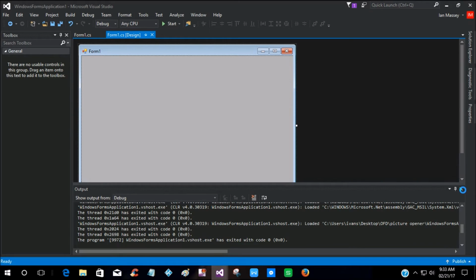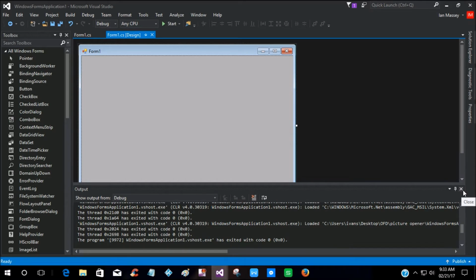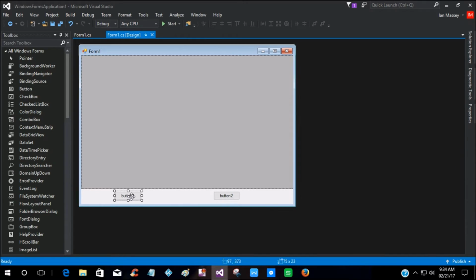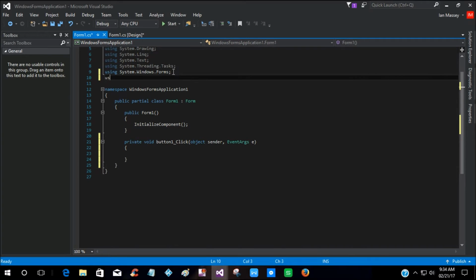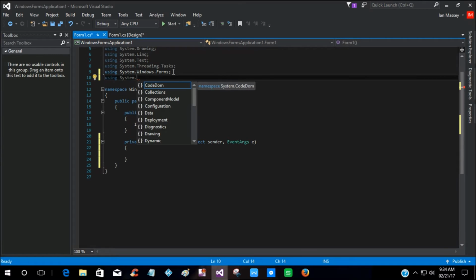In the last tutorials, the open file dialog and saving the file, you're just going to click on button 1, and you're going to come up to the top, and in the using section, you're going to put in using System.IO,